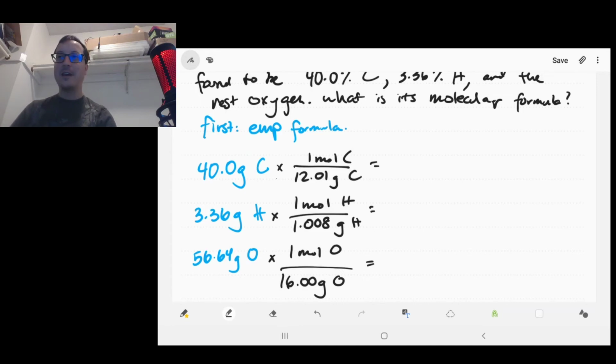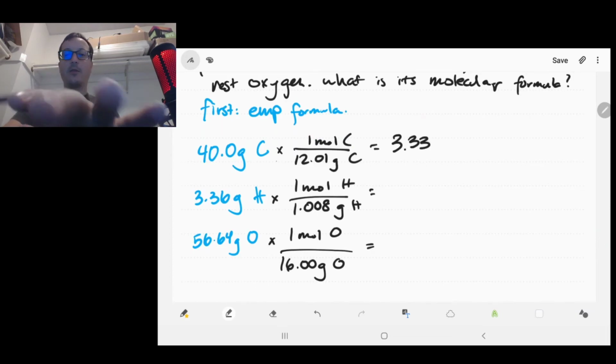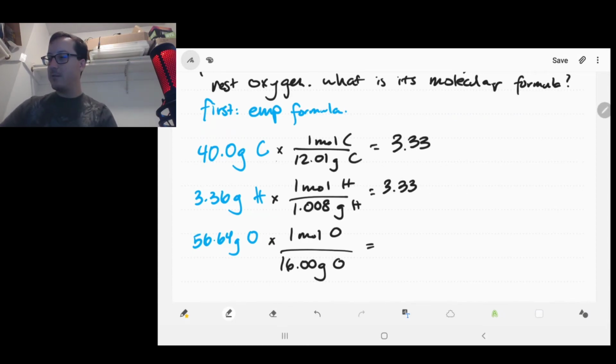Cool. Anyways, let's go ahead and do this empirical formula business. So, let's do it. 40 divided by 12.01, we get 3.33. If we do the same thing, 3.36 for hydrogen divided by 1.008, we get 3.33. 56.64 divided by 16